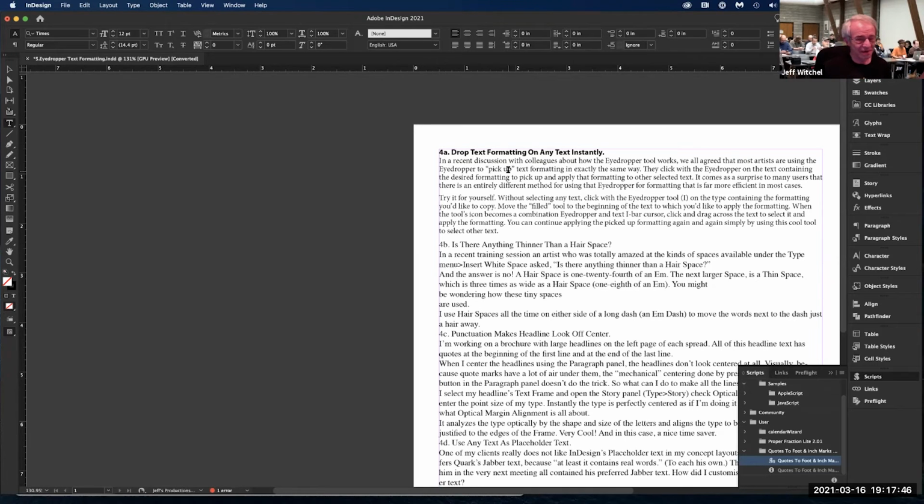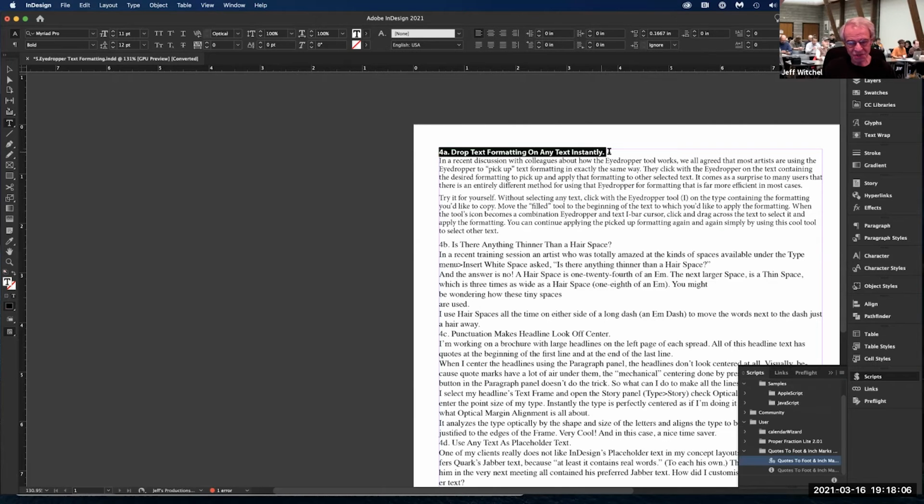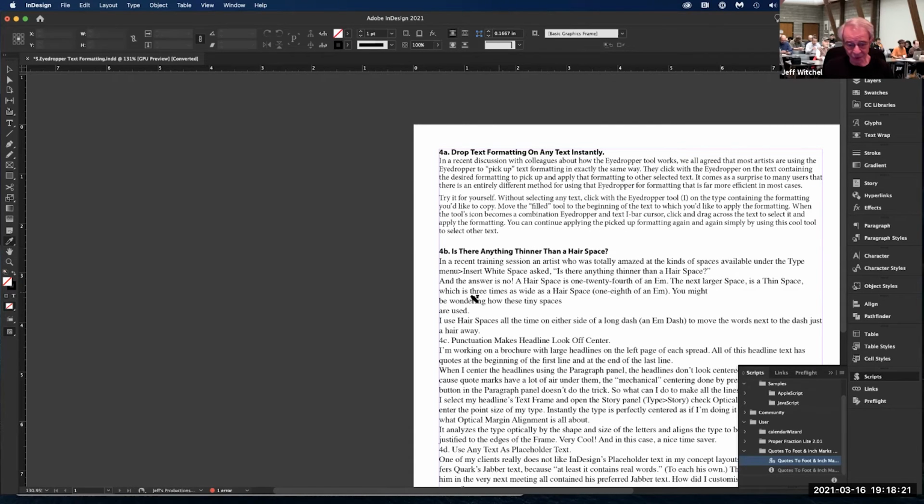Now, a lot of people want to know, is there a way to apply paragraph styles to every other paragraph, or to select just the paragraphs that you want to be subheads? And the answer is no, you can't do that. But what you can do is select a paragraph and go to your eyedropper and click on that type, and it picks up the formatting. And the cool part about it is not that you can do that. The cool part is